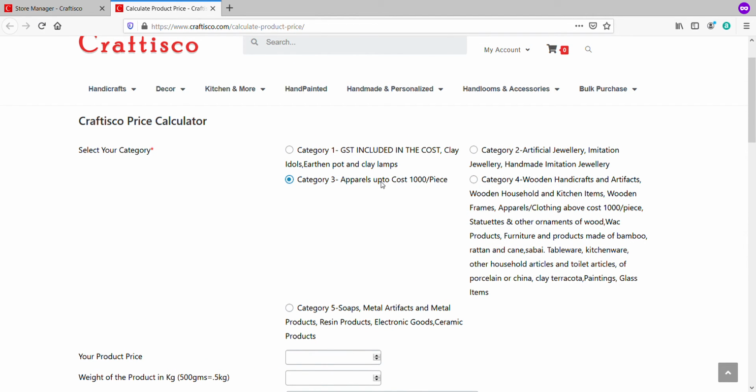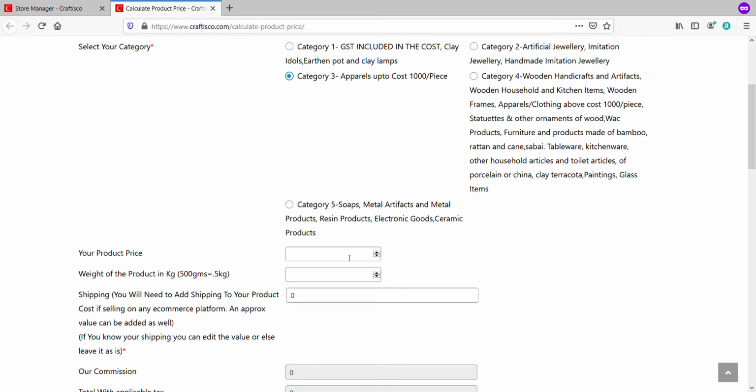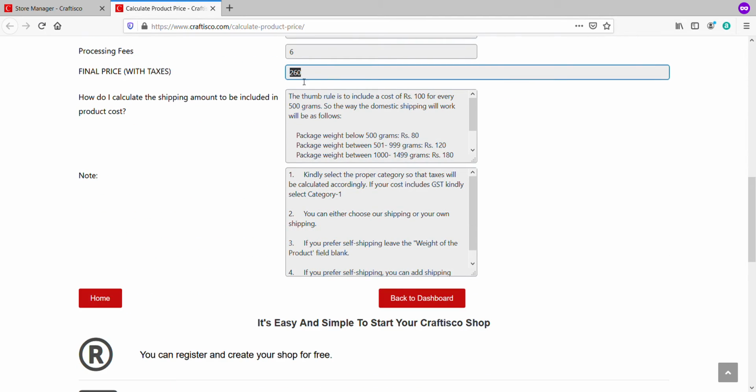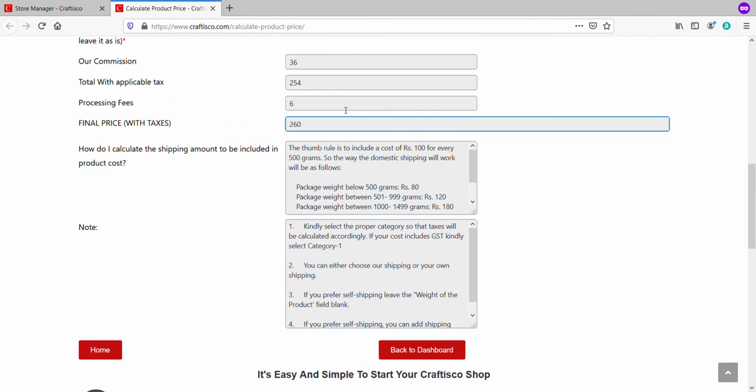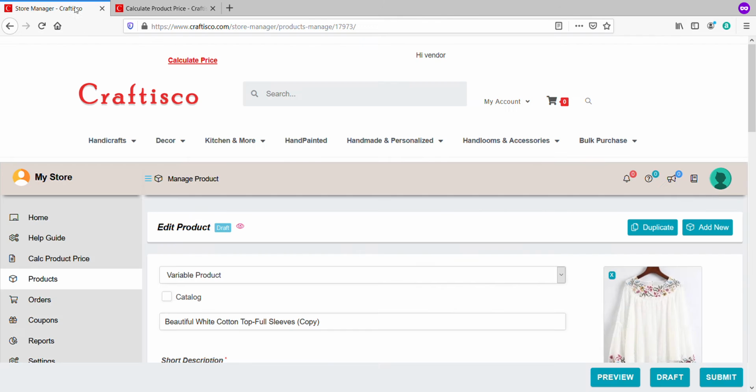My apparel is less than 1,000, so I'm going to click this category, and based on this category the GST gets calculated. My product price may be say 200 rupees and my product weight is around 0.5, and then there's a certain calculation that happens and my final selling price should be 260. So this calculator takes care of the commission, the GST and the taxes, everything. So I'm going to put this as my selling price for my product.